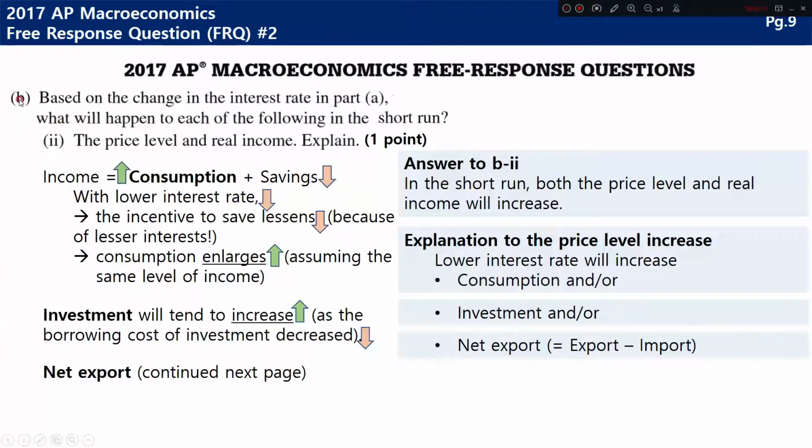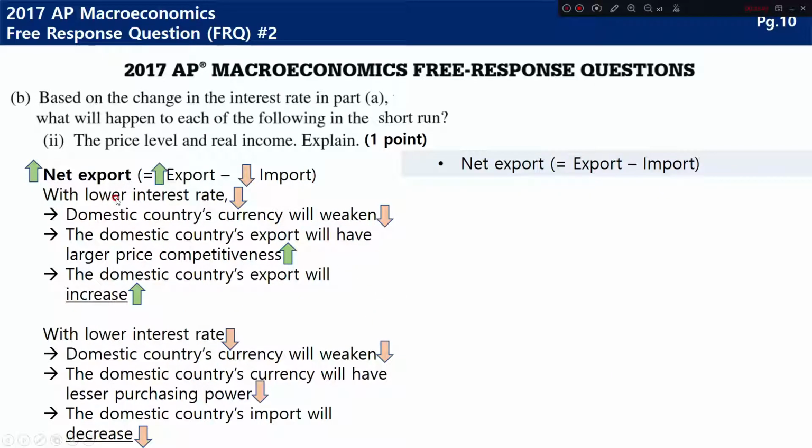And question B2, in the short run, both the price level and real income will increase. So firstly, the price level increases because lower interest rate will increase consumption and/or investment and/or net export. Brief interpretation of how consumption and investment increases are portrayed on the left side. Net export will likely increase as well,